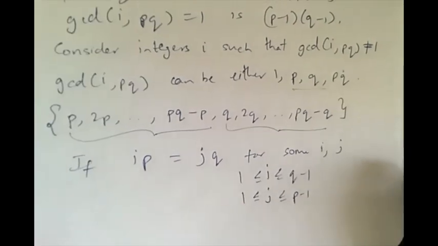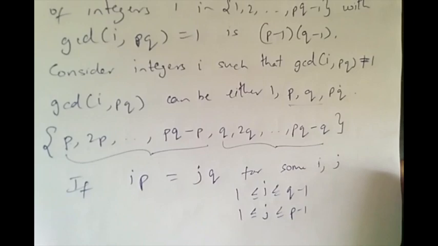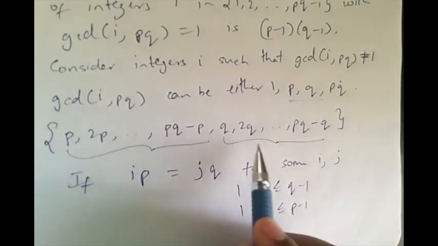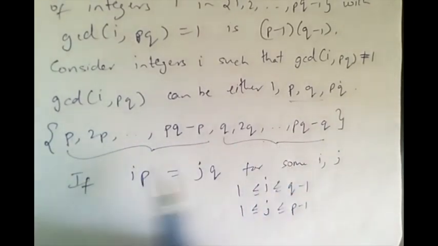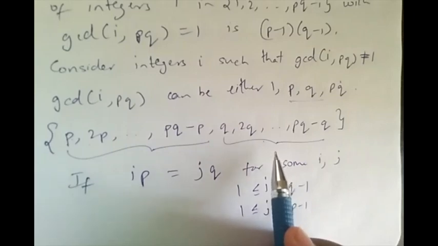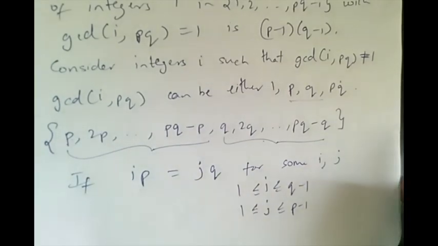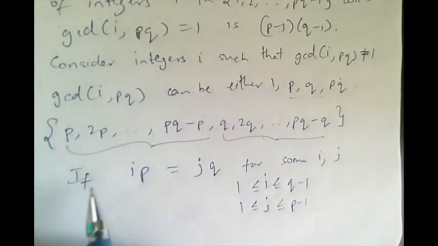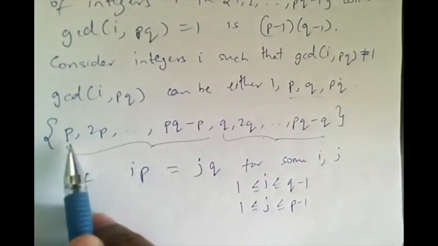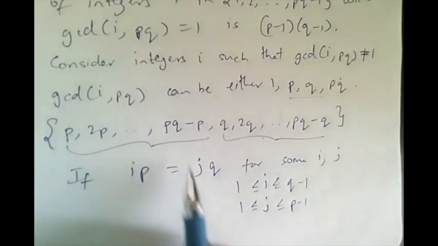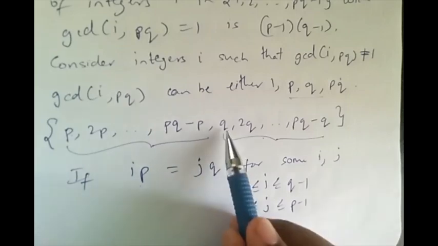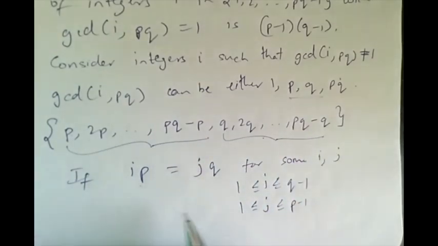So I was not focusing on the screen, so let me do this again. My claim was that this and this region here don't have any intersection, because if I times P is equal to J times Q for some I, J such that I ranges from 1, 2, up to Q minus 1, and J, which is multiples of Q, ranges from 1, 2, up to P minus 1. If this happens, then we get a contradiction. Why is that? Because